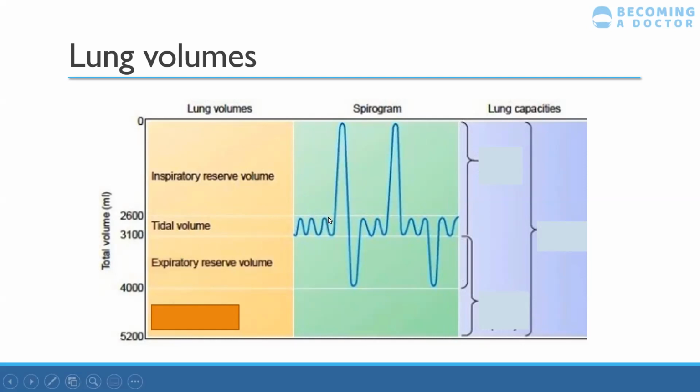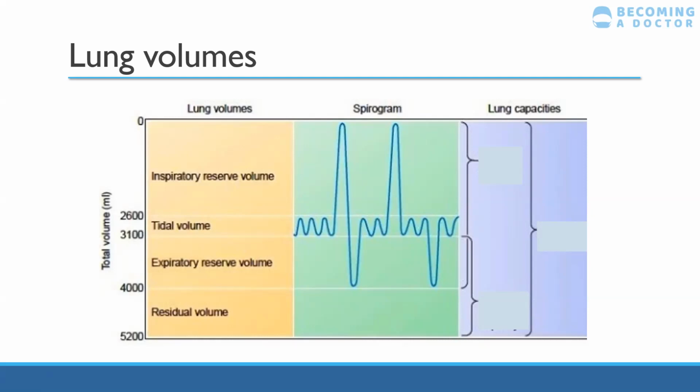And that's just the volume of gas expelled with maximum effort at the end of normal quiet expiration. And your final lung volume is your residual volume. So with lung volumes, they're all discrete, they don't overlap, and they just stack on top of each other to form the separate volumes. But you also have lung capacities, and these are formed of volumes added together, and they